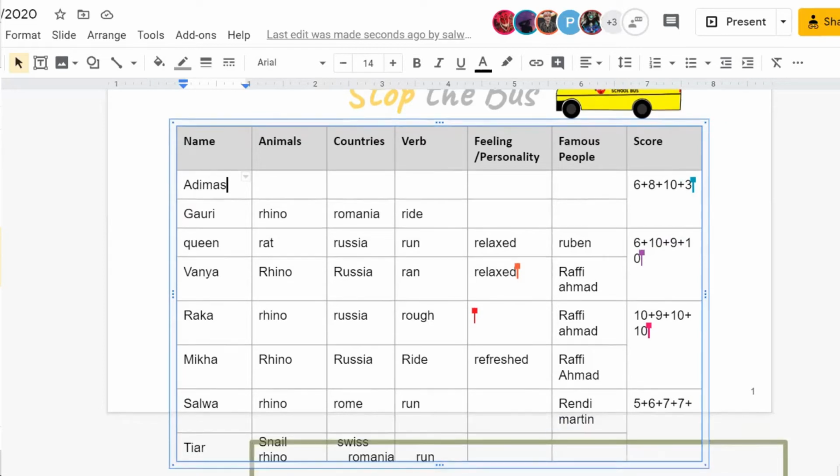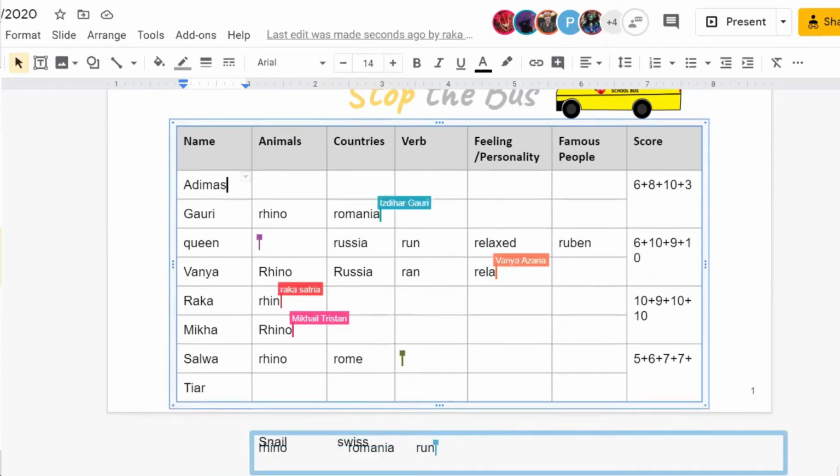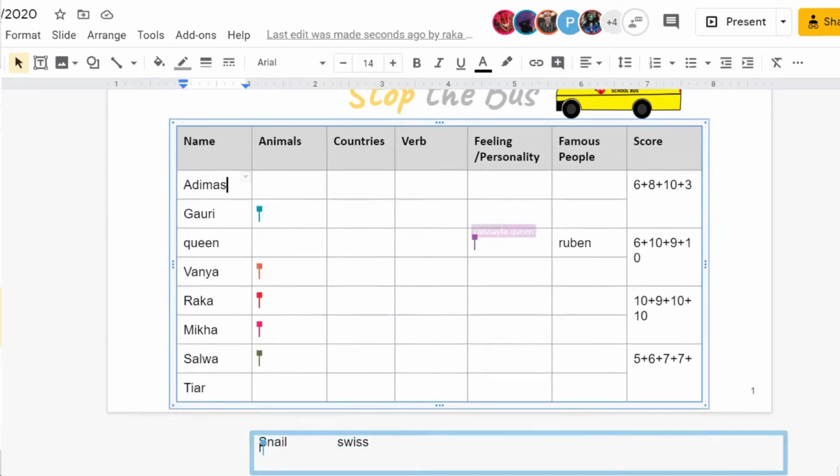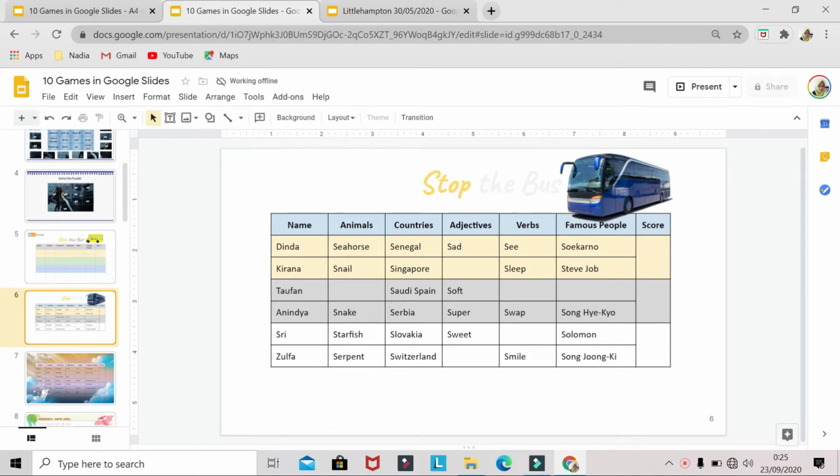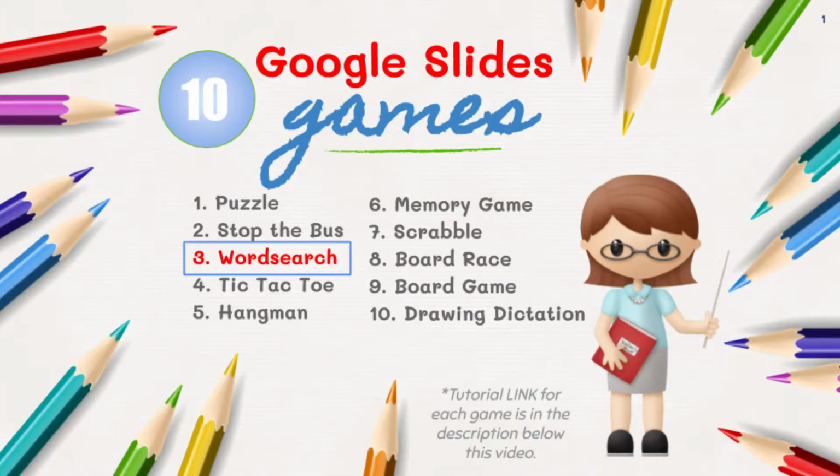The first to finish writing all of the vocabulary has to shout, "Stop the bus!" and the teacher will give him or her the biggest score. So like this. These are the names, and then they have to write down all of the vocabulary beginning with S, and then their scores.